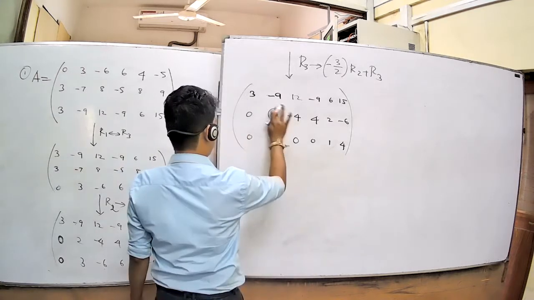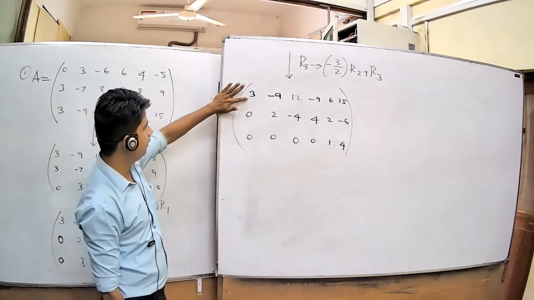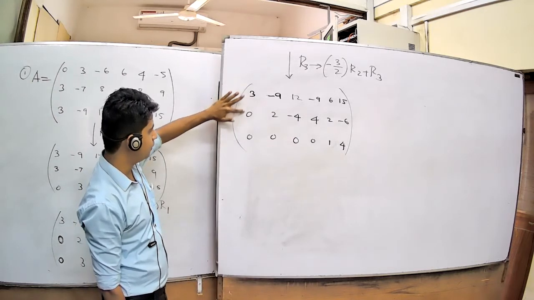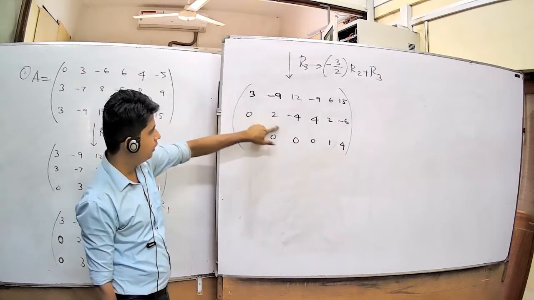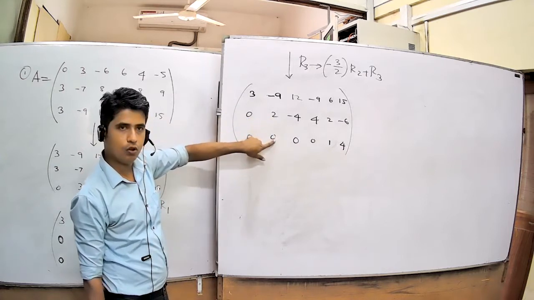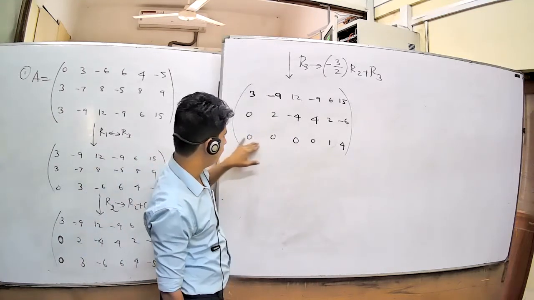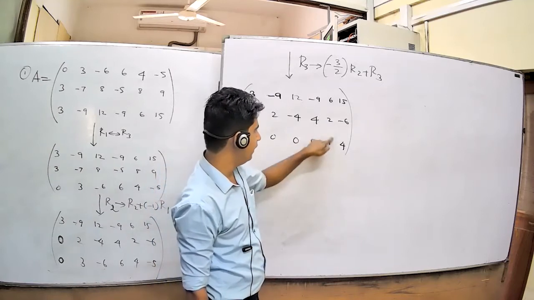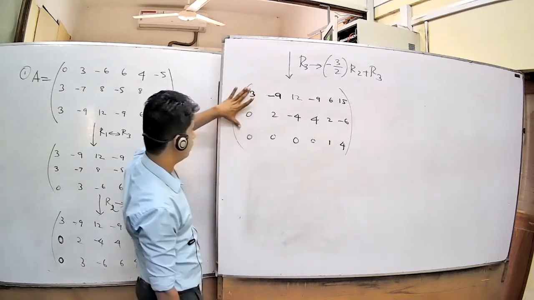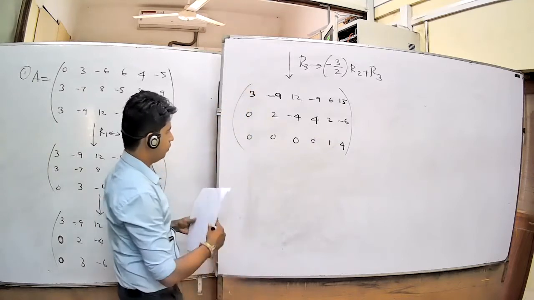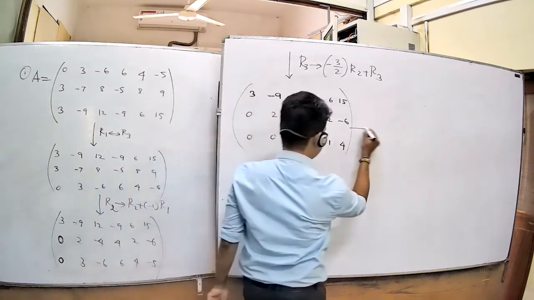Because, as I already mentioned, for an echelon form, below each leading entry the values in the rows should be 0. Here 0 and 0. Here below this leading entry the values should be 0. Here there is no non-zero entry. Here the non-zero entry is a leading one. Therefore it is an echelon form matrix. Suppose you want the row reduced echelon form, it starts from the echelon form.